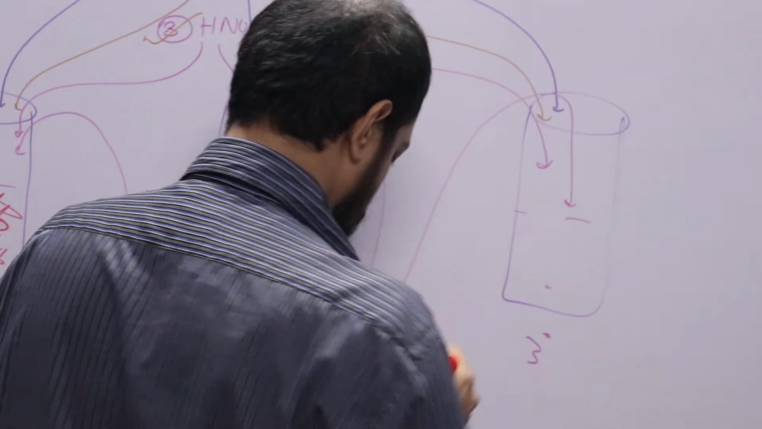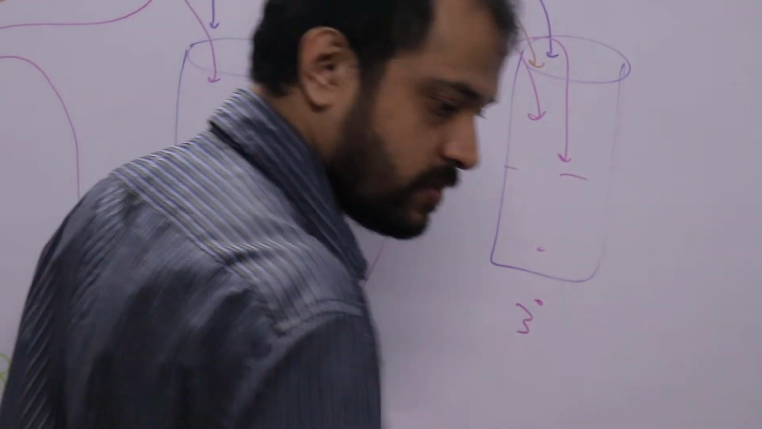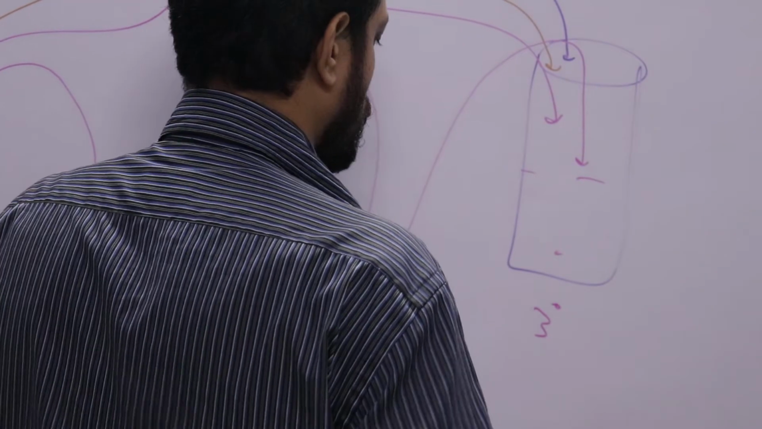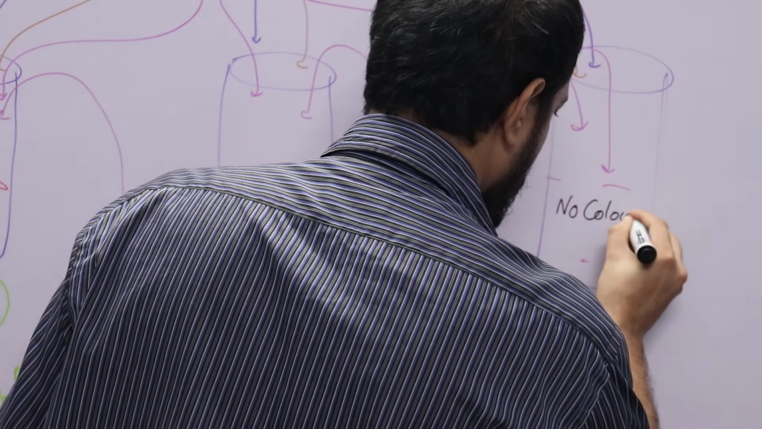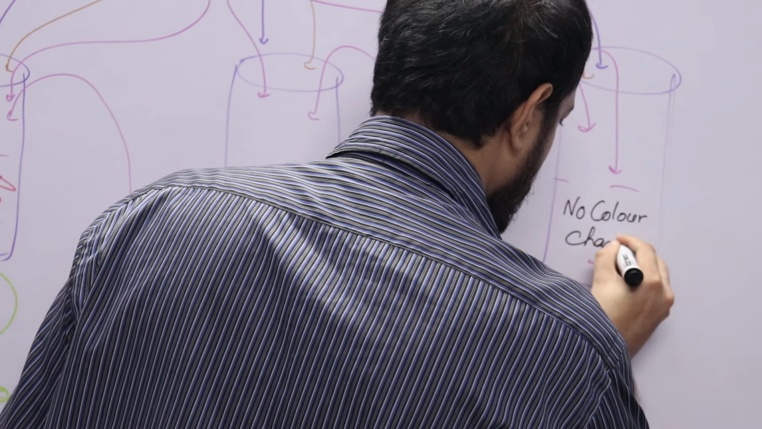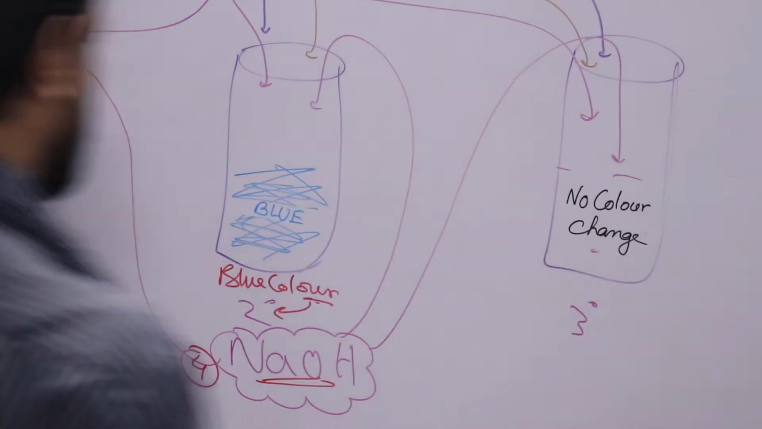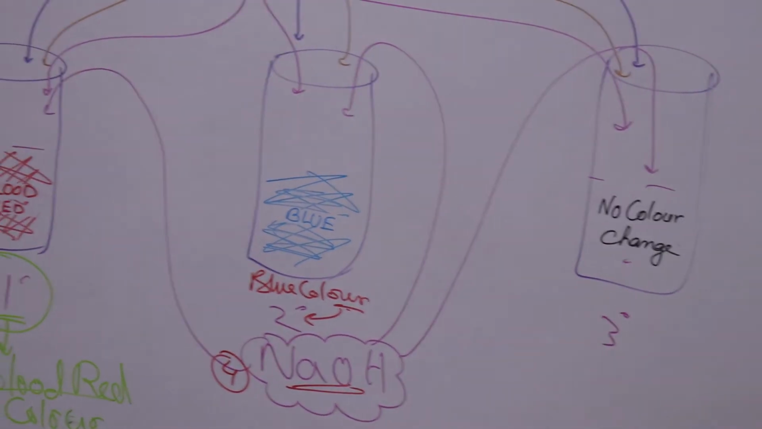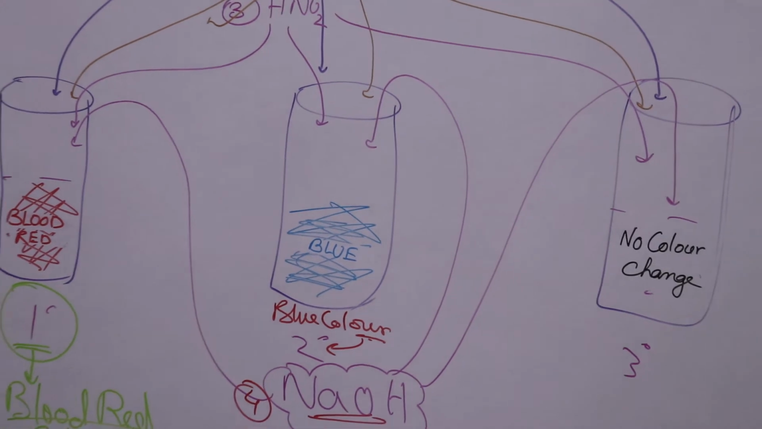No color change. So let me draw this with black. Okay. No color change occurs. Now, if we want to perform Victor Meyer's test, then we will have to sequentially add